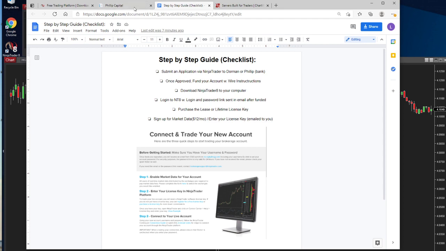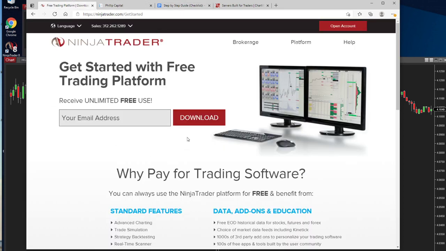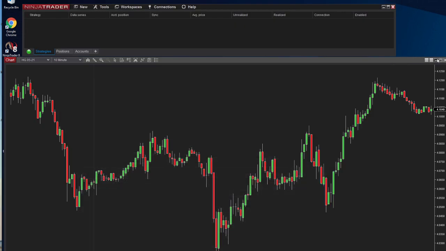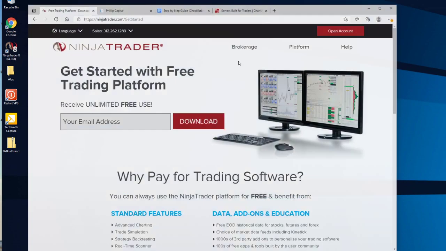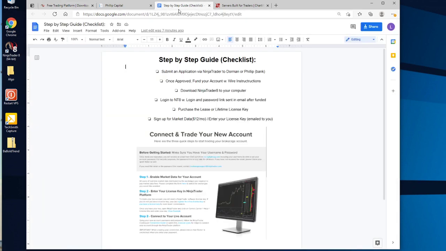So we're downloading the NinjaTrader platform. Download that on my computer. It's going to look something like this, NinjaTrader 8 right here. You want NinjaTrader 8, and when they download, there will be two versions. You always want to use the 64-bit. So let me pull this stuff back up. All right, so next,